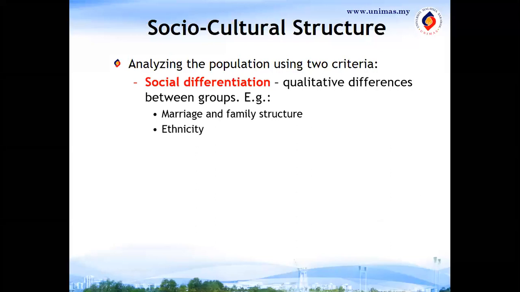For example, one is social differentiation, and this is a qualitative approach, to look at the qualitative differences between groups. For example, marriage, family structure, and also ethnicity, right? So another criteria is the social